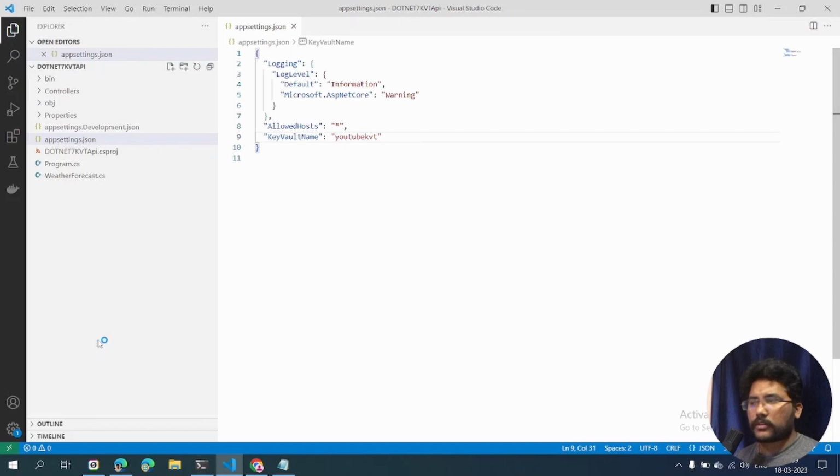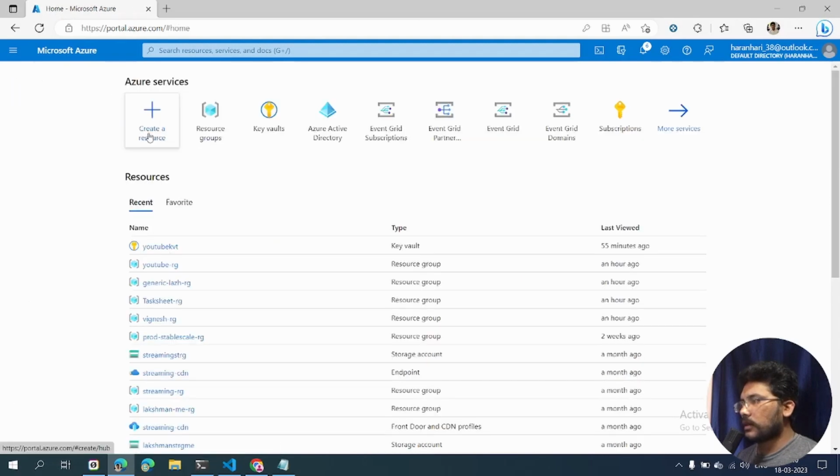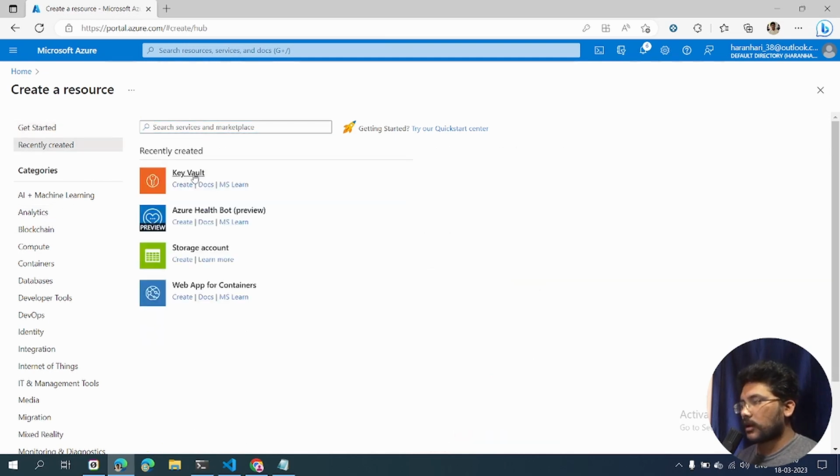The KeyVault is already created actually. It is available. You can create it on the Azure portal. I have created my YouTube KeyVault as default. So how to create it, I will show you a small demo. By default, you need to go and search for KeyVault. In my case I created it recently, so I can click it,